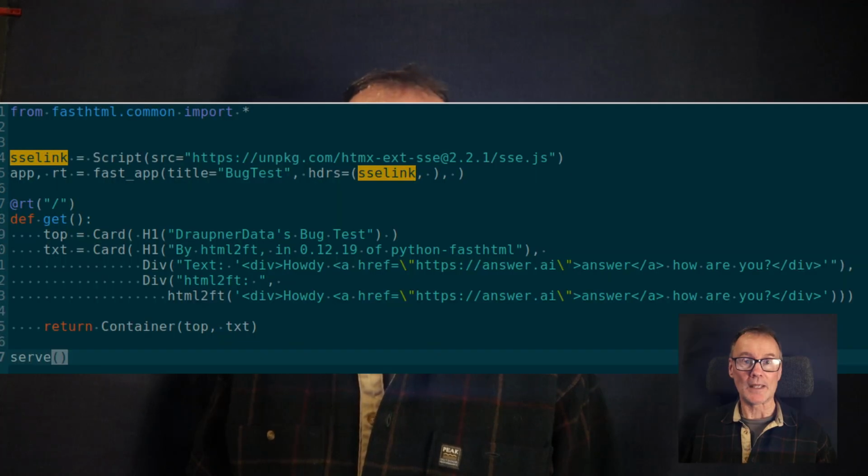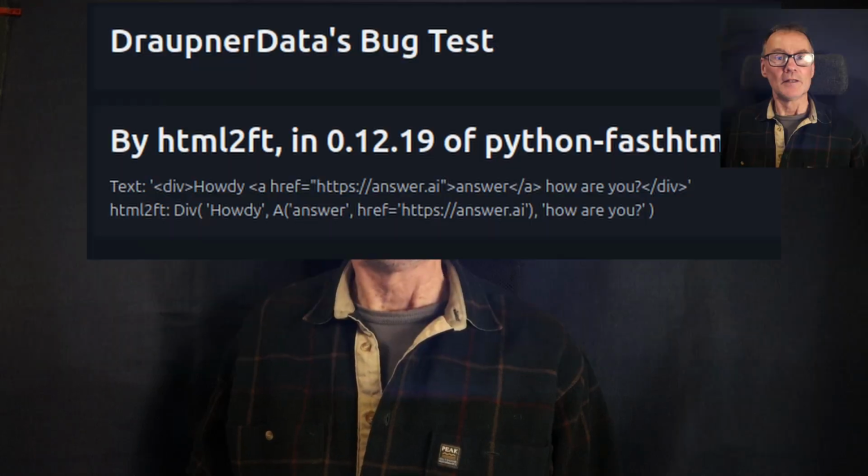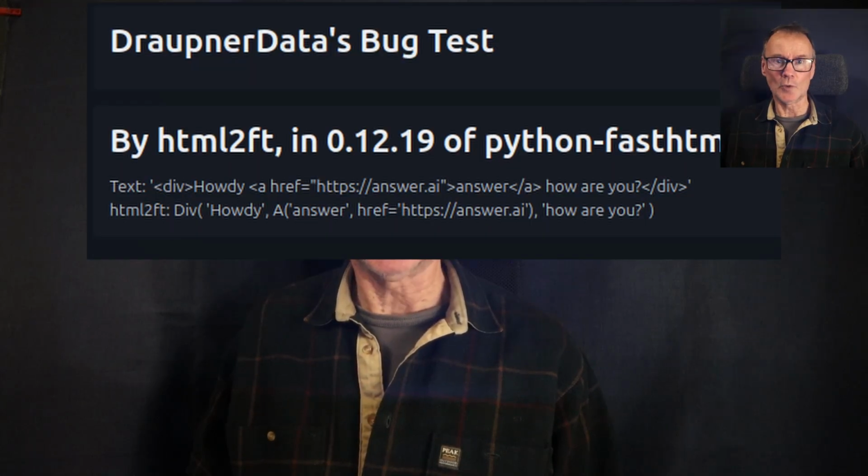This bug is something I haven't seen and not been affected by myself, but if you are learning FastHTML or using the HTML to FT function in test scripts or likewise, you might have been affected. If you make a web page displaying two strings, one with HTML and one with the HTML to FT of that HTML, this is what it looks like using an older version of